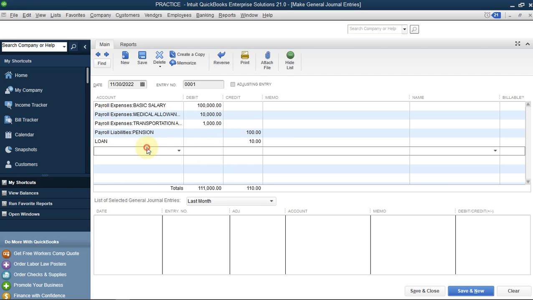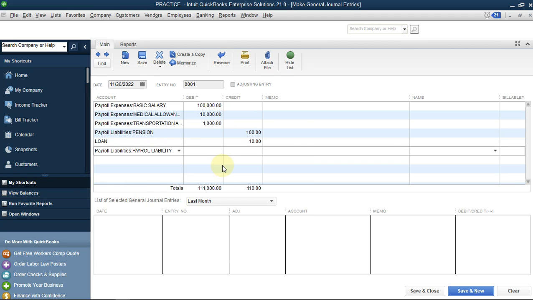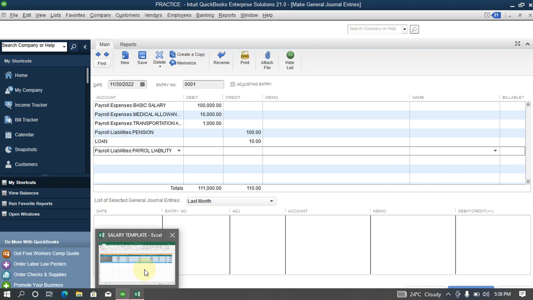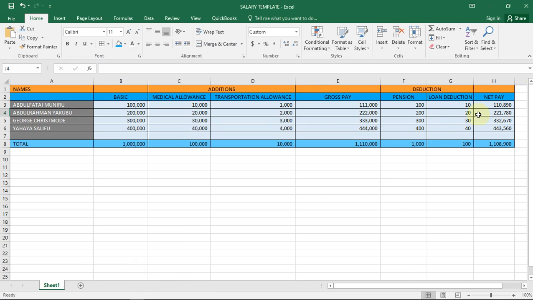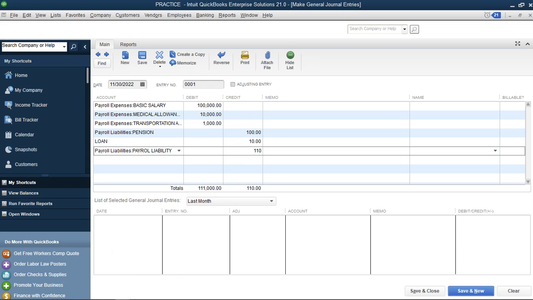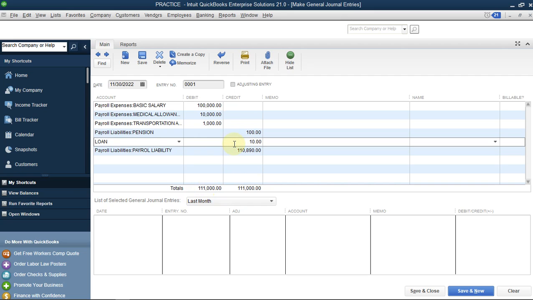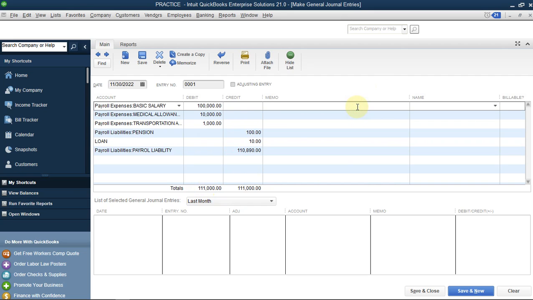Okay, now we are going to create the payroll liability, what we are going to be paying. We are going to be paying from our bank account. If you look at this place now, the total is 110,890. Okay, 110,890. So let's check. You see it has a total of 111,000. Okay, then now we are going to include salary